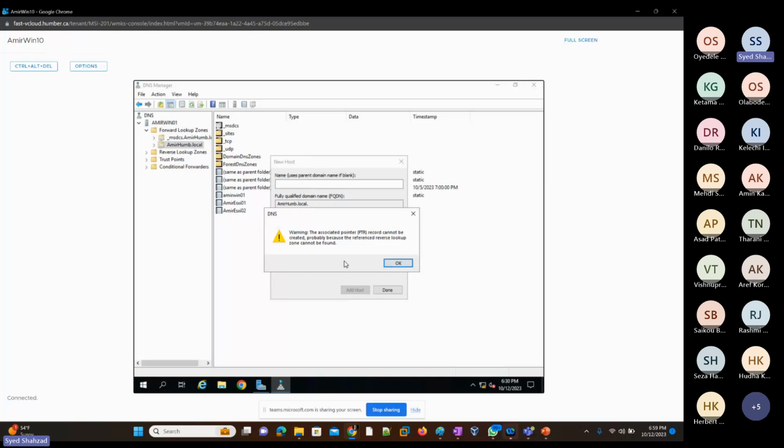Oh, seriously, did I do something wrong? Warning: the associated pointer record cannot be created, probably because the reference reverse lookup zone cannot be found. Are you kidding me? Okay, I mean,